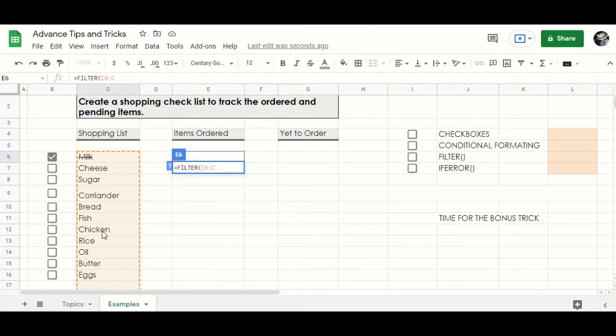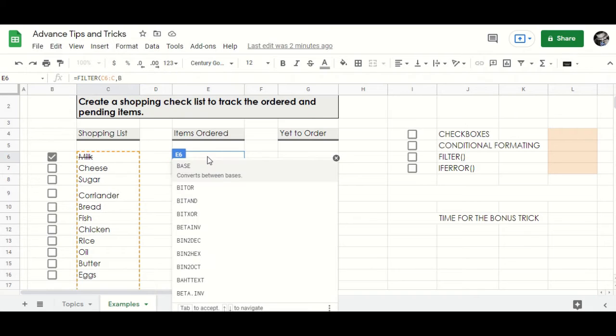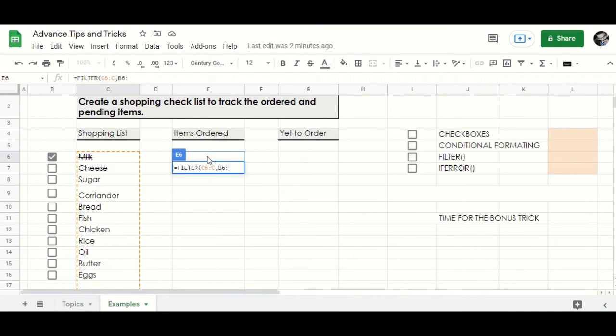Now we need to enter the range of the condition or criteria, which will trigger the function if all the conditions are fulfilled. In our case, it's going to be column B, as the check boxes are placed in that column. So now we will type comma, the starting cell reference from where the checkboxes start, that is B6, and since we want to keep the range open, here we will type just B and close the parenthesis. You can see here it is already showing us milk as all the criterias are fulfilled. The filter function has scanned the entire list and now it will display all the items where the respective checkboxes have been checked. Let's enter and see.